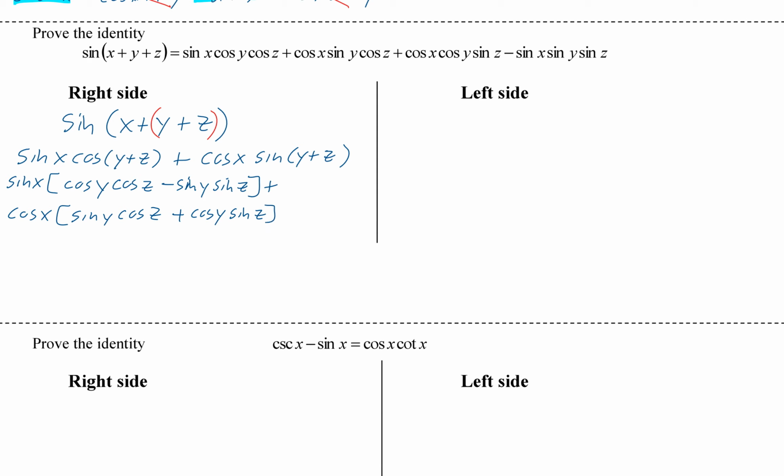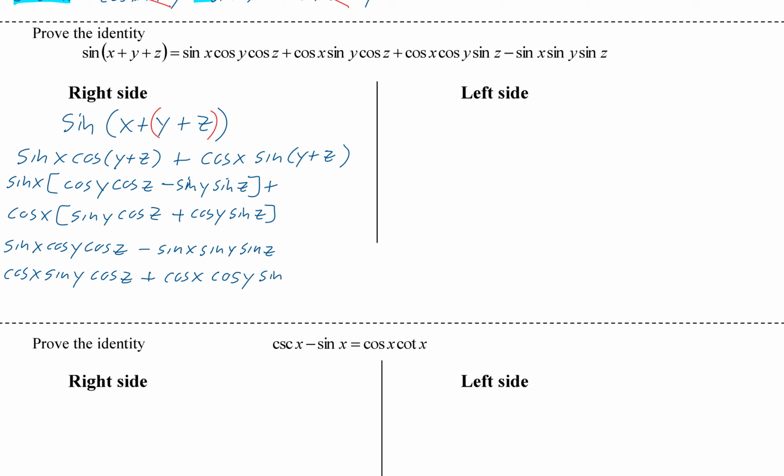So there's our sine x, cosine y, cosine z. So we just have to distribute to get all 4 terms. Sine x, cosine y, cosine z, minus sine x, sine y, sine z. And then the next one, cosine x, sine y, cosine z. That was not a sigh of frustration. That was just a sigh of relaxation. Because these are just